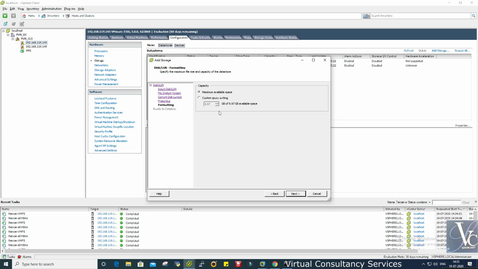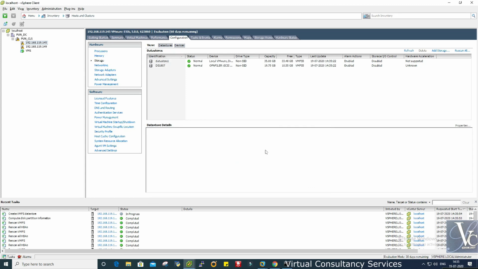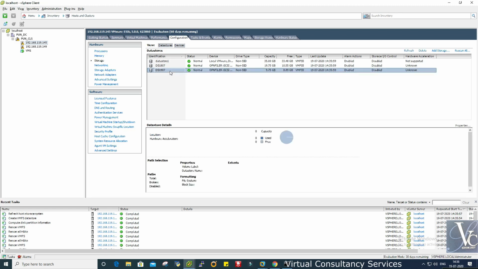Next, DS1907. Enter the name of the datastore, that is DS1907. Next, maximum space: we have to allocate it, or keep some space for later use. So I'm giving the complete space here. Finish.